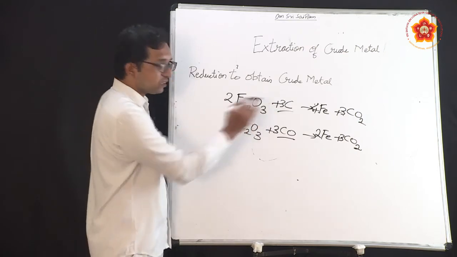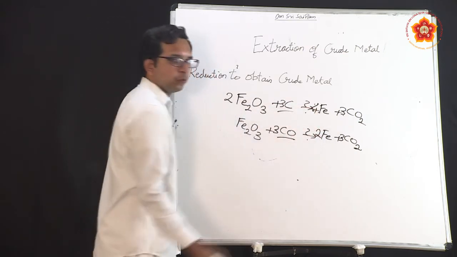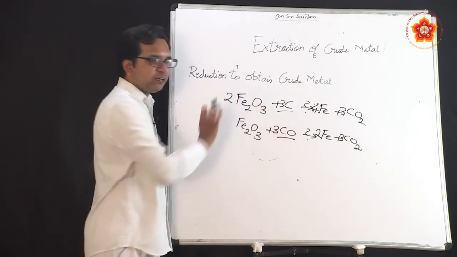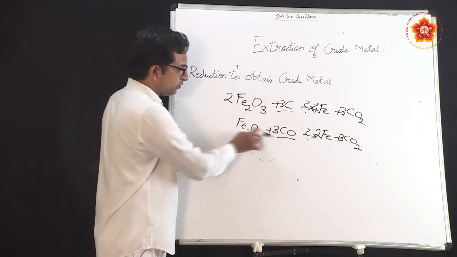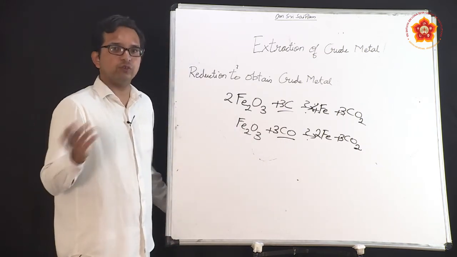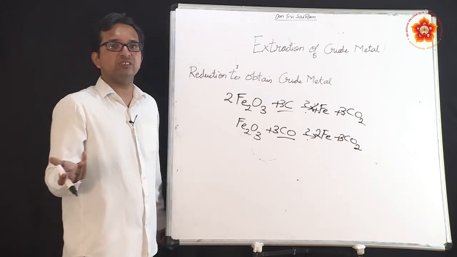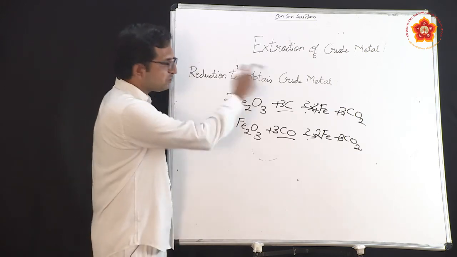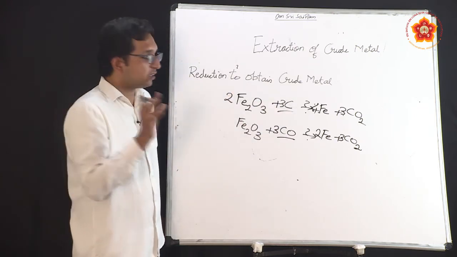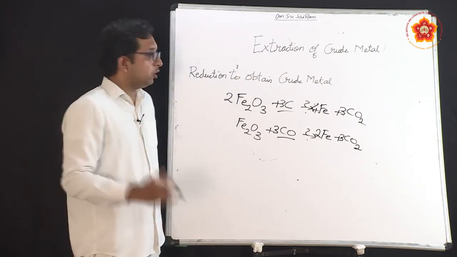And when I have written this reaction, I haven't denoted any temperature or pressure or anything. So, do you think that carbon will directly react with this oxide, carbon monoxide will directly react with this oxide? Is it possible? We have to check it out. If temperature is needed, how much temperature is needed? So, all these factors shall be answered when we study certain thermodynamic concepts of it and Ellingham diagrams,